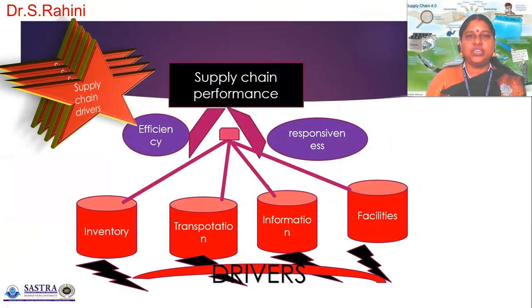Then about supply chain drivers, otherwise we call it the supply chain performance. How the drivers are motivating the supply chain performance. See, every supply chain should focus on two different things. One is about their efficiency level, another one is about their effectiveness. By what way they can make it very effective, efficient, or responsive. Number one, the supply chain driver is the inventory. The inventory should be available all the time, which should be supplied to them as soon as they present their order. And the transportation facilities, what are all the facilities which you are having already in your